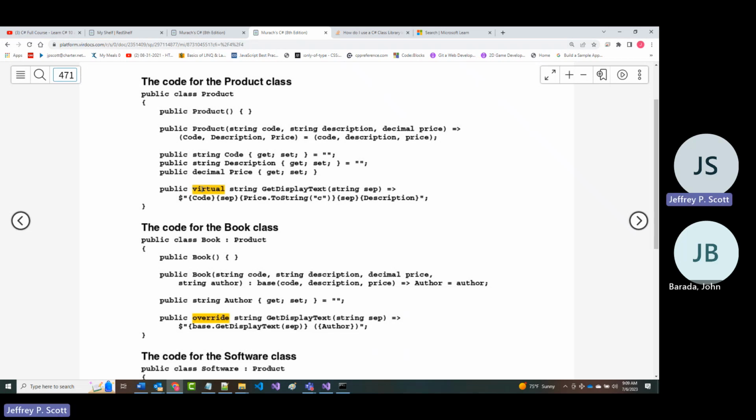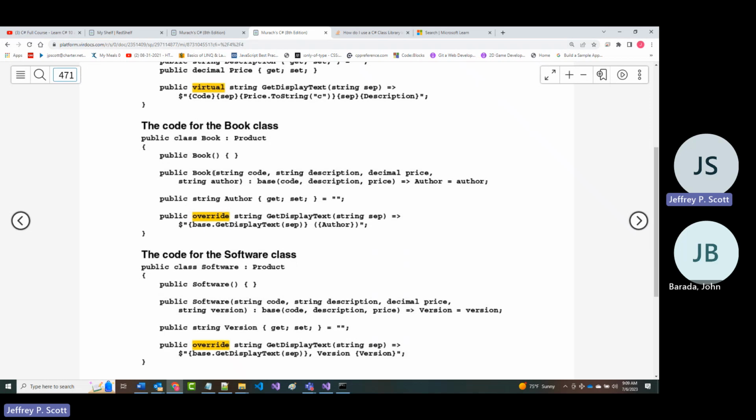When we did it previously, it just said public string get display text. We do that so that in both our book class and our software class we can override, to tell it to call the parent in both cases to handle the code, the price, and the description. But we also want to add the author name in parentheses, and we also want to add the word version plus the software version.